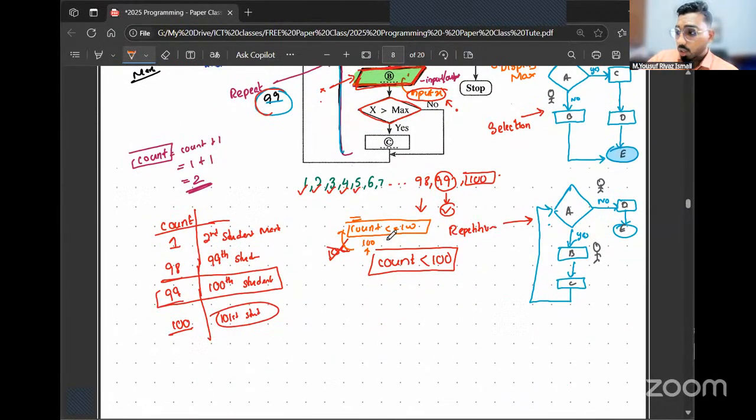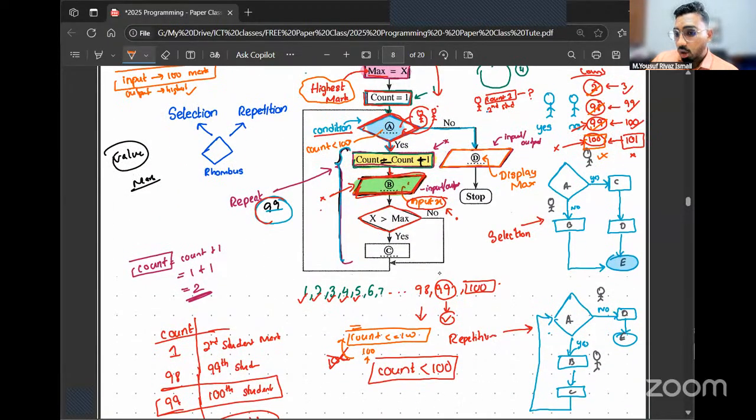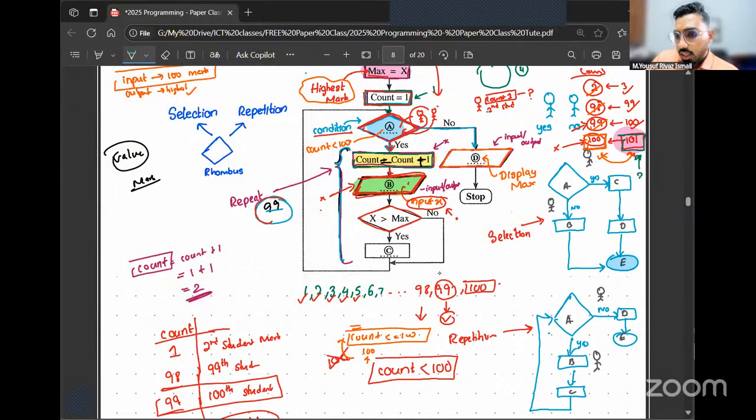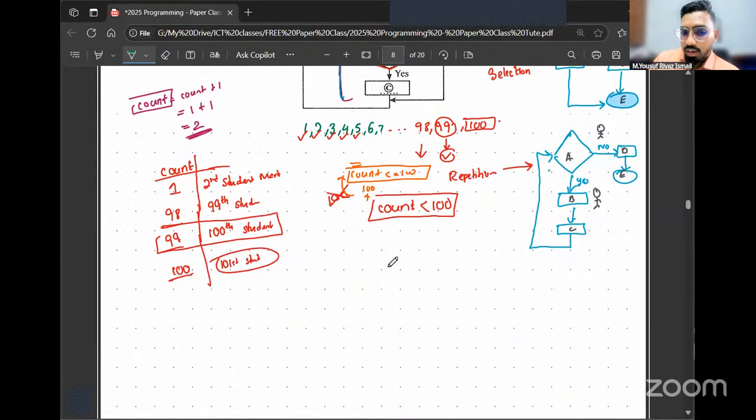True. So if it gives you true, when the value of count is 100, you're deciding which student's marks should I go and take? When the value of count is 100, you're asking yourself the question, should I get the 100th student's marks? That's what I was explaining here. If it's true, you're going to go and take the 100th student's marks. When the value of count is 100, the condition has to give you false. So that is why what we do there is this: instead of writing this condition, you write this condition. Does that make sense? Got it?